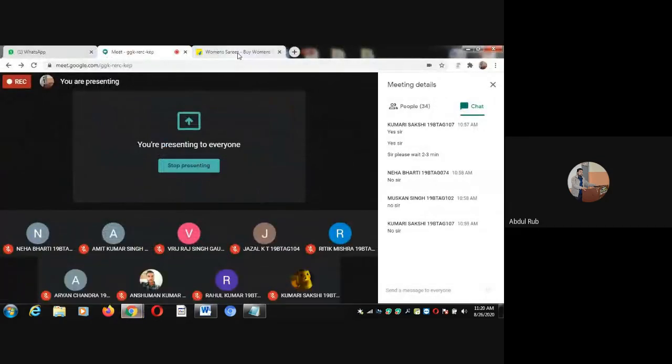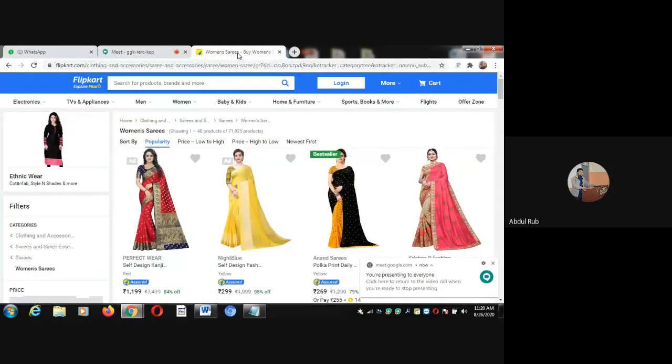You can see here Women's Sarees. Women's Sarees is the title of this web page, the title of the Flipkart website.